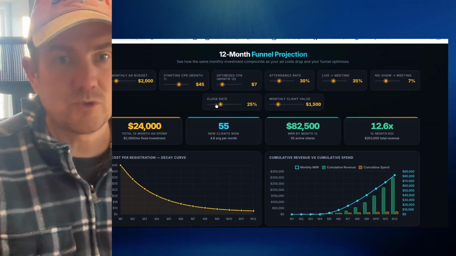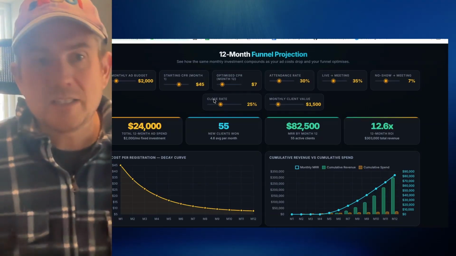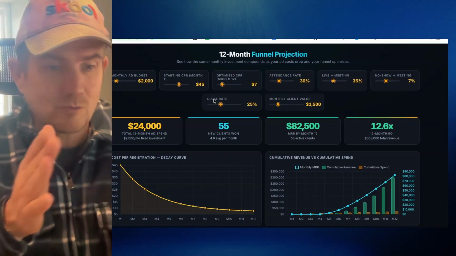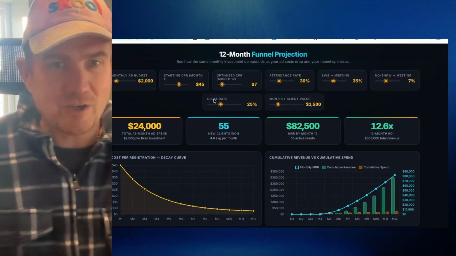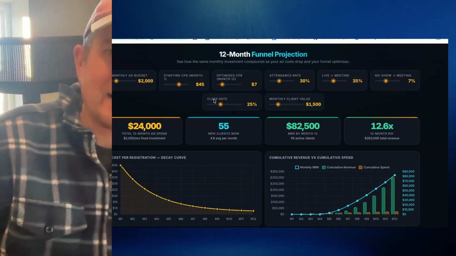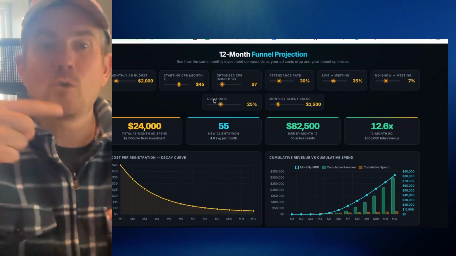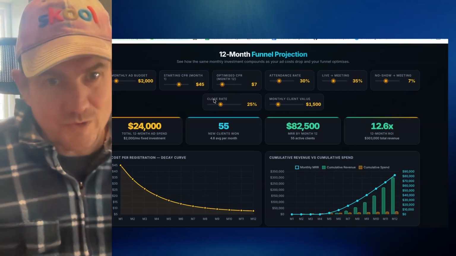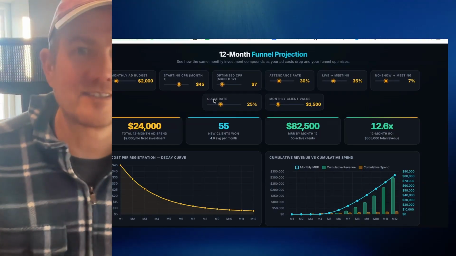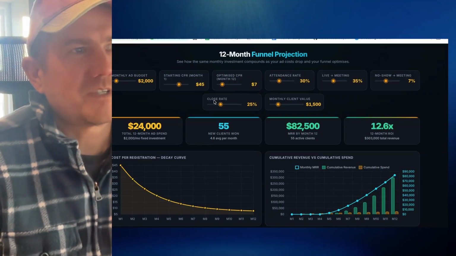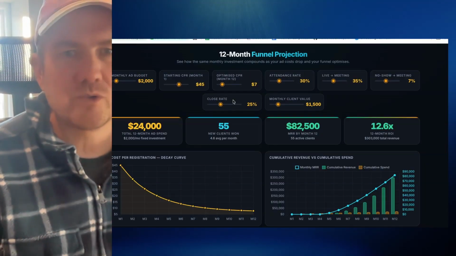Then there's your close rate. Okay, so you start getting these sales meetings in. What's your close rate? So what is your sales process? Is there a discovery call? Are you going on site to look at their network kit, their infrastructure, understand what they're doing? There's usually back and forth, and then there's finally the close. That can last 6 months, but it certainly was for me. And when I was doing it, I put here 25%, adjust accordingly what your close rate is.